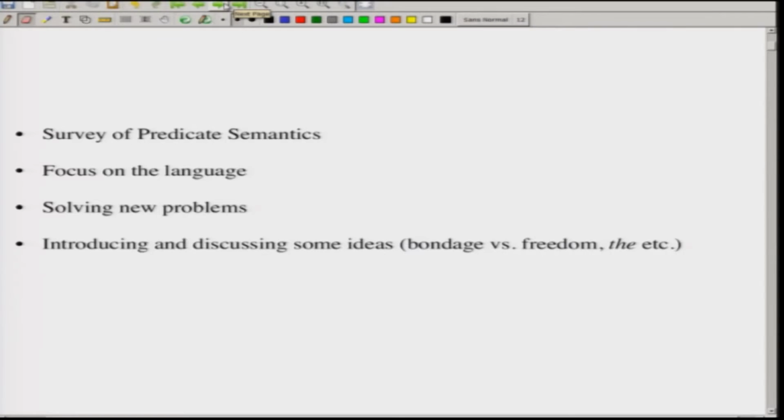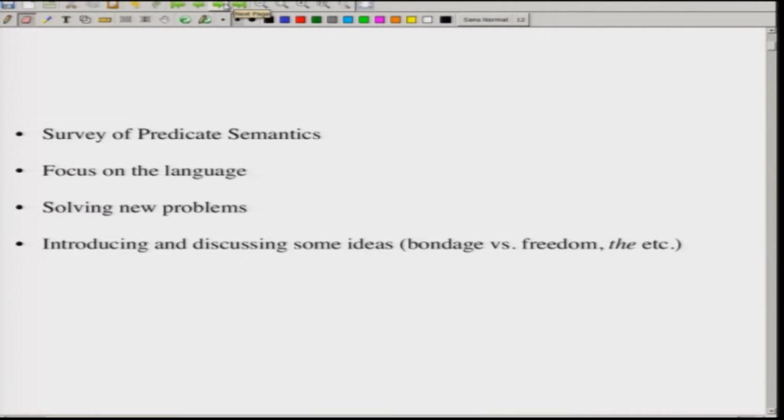The first thing we are going to do in this session is this. We will survey the entire predicate semantics, how it goes and everything. So, in a sense, this session will be a summary of whatever we did in the previous sessions. And the second point is, when I was explaining the topics in predicate semantics, the language was sometimes loose and sometimes okay, but definitely the focus was on pedagogy. It was not on the language for expressing, representing each and every step properly.